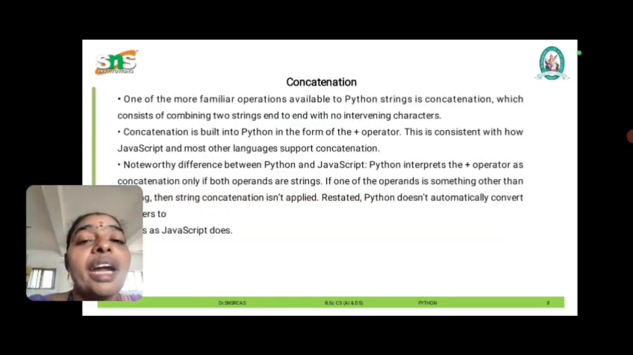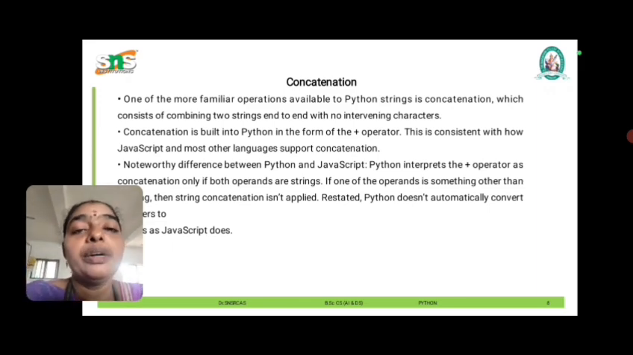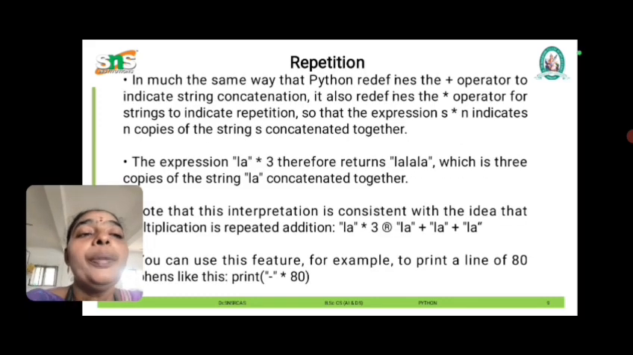Concatenation. Concatenation of two strings uses the plus operator. For example, S1 is hello, S2 is world, so S1 plus S2 concatenates both string variables. Repetition. Repetition is you specified within a